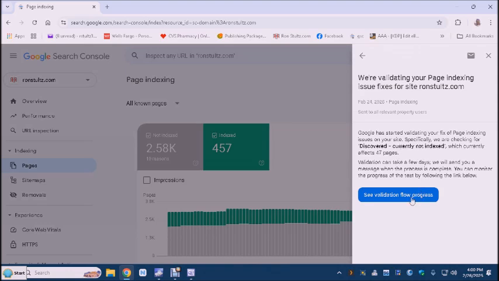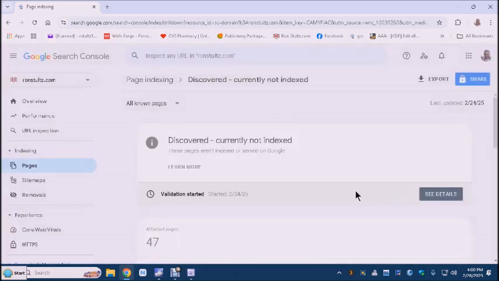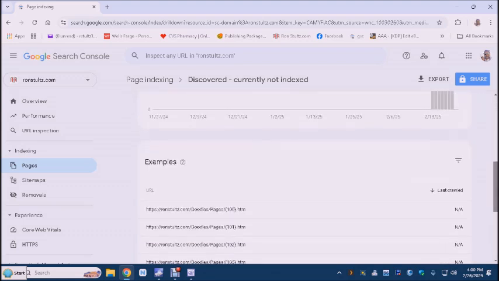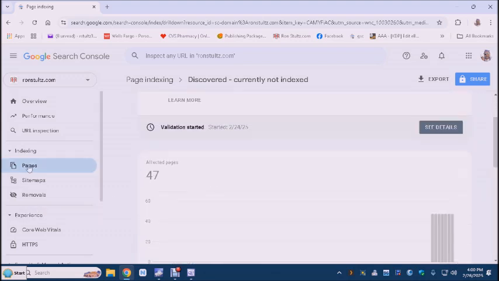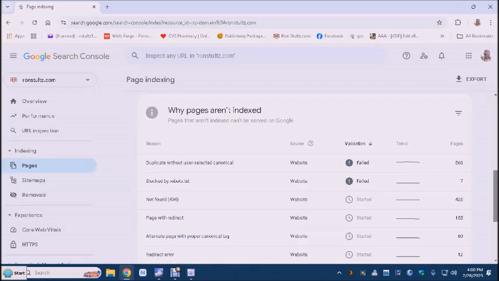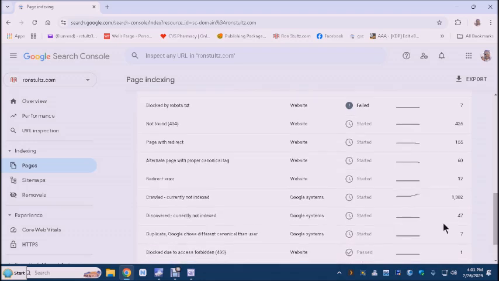Discovered, currently not indexed, which currently affects 47 pages. That's what it says. I want to see validation flow context. This says 47 pages. Discovered, currently not indexed. If I see the flow, it'll show 47 pages. And what I want to do is go back to pages. And this was what shows right here. And this was pages crawled, not indexed. It's still showing right here